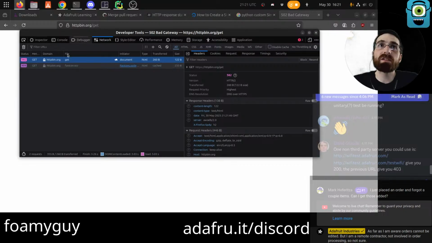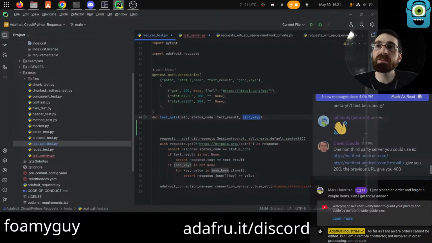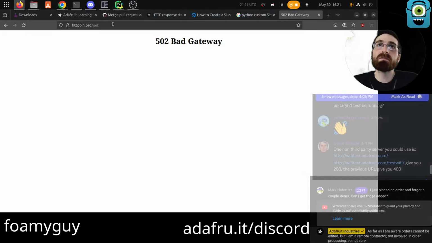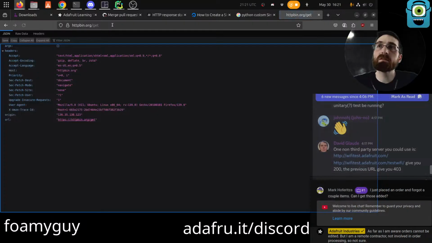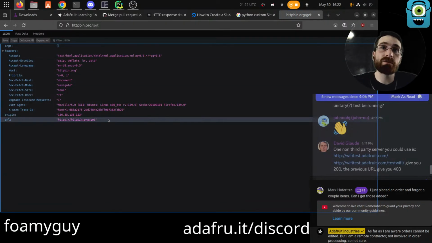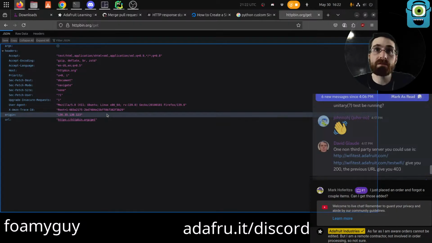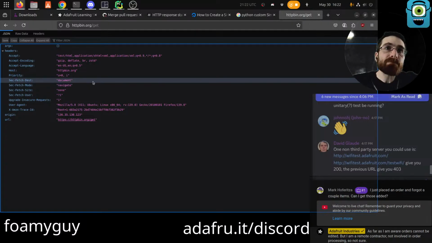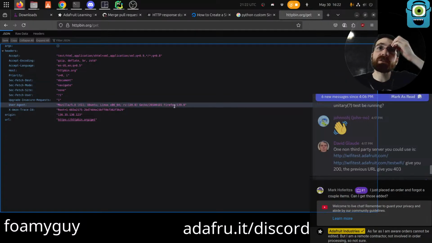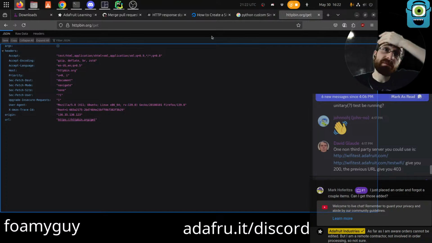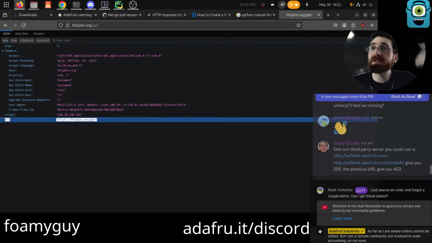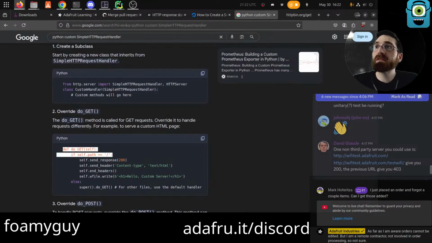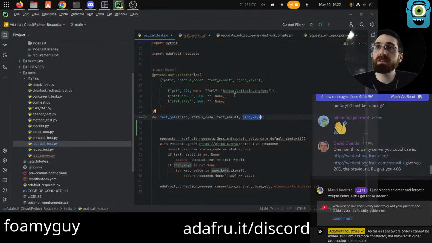Back 502 bad gateway. So I think possibly this is essentially what we're trying to fix, that sometimes this server is not working. This time it was a 502 instead of a 503. Like, a slightly different part of it was not working. Okay, so this gives a bunch of stuff, and URL is amongst it, which is what the test is testing against.